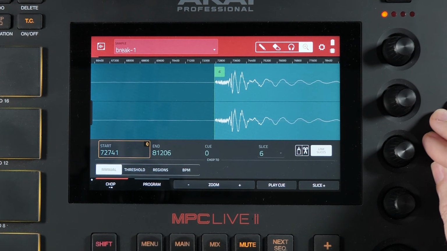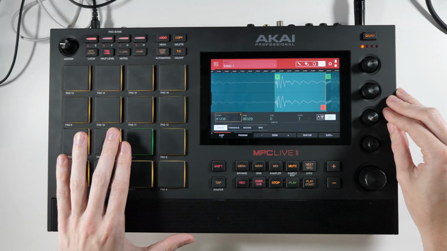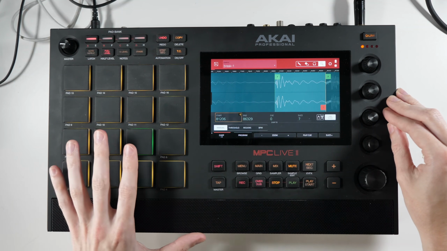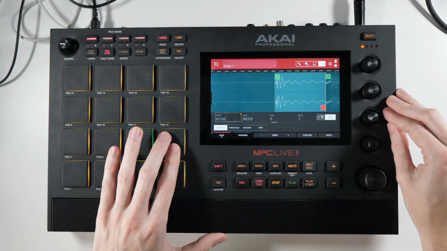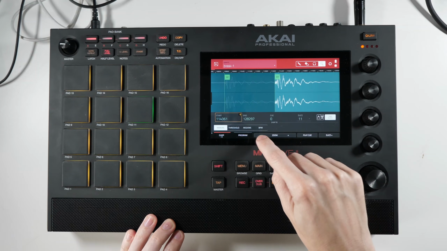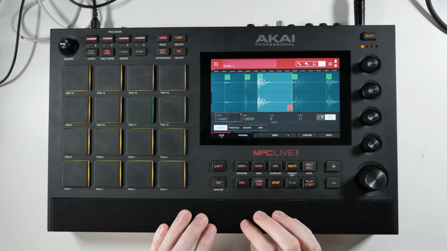That kick sounds like it's got a little less hi-hat on it, but still some in there. That one's got no hi-hat on it, so that could be really useful. It's quite short, but it's got no hi-hat, so we'd definitely want to use that one. Then it's just pretty much more of the same. So I'm happy there. We've got some selections, and we're going to be able to extract those and have some